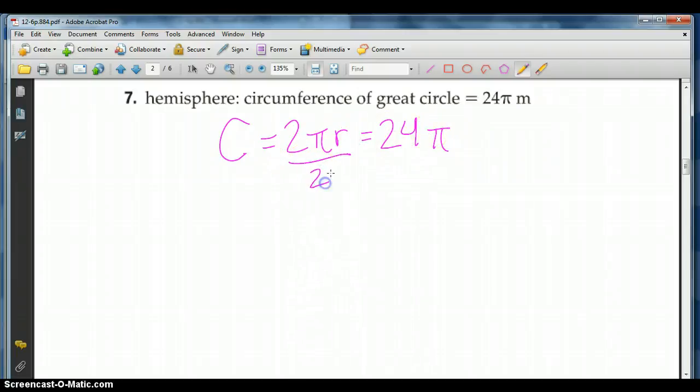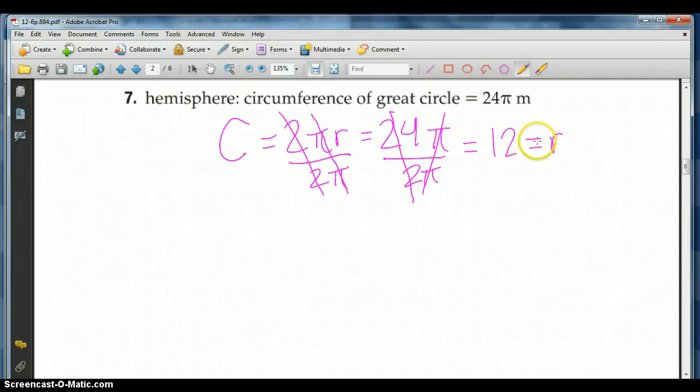So we're going to divide both sides by 2 pi, and pi cancels out, 2 cancels out, and 2 goes into 24 12 times. So our radius is 12,